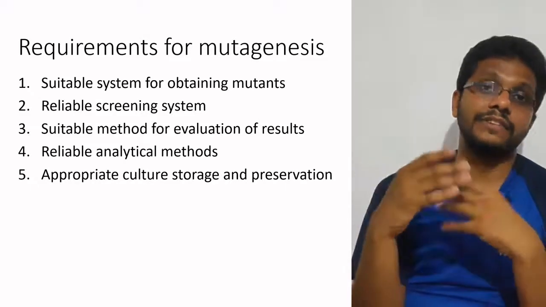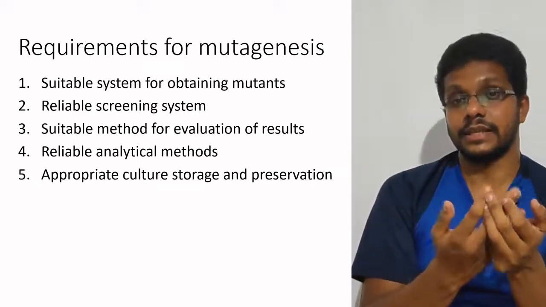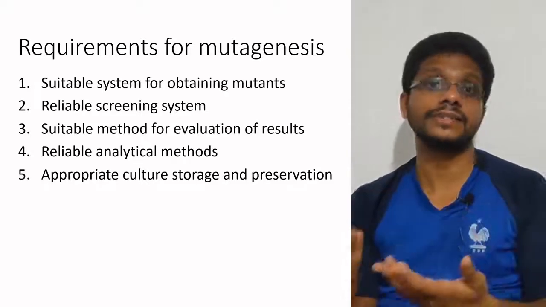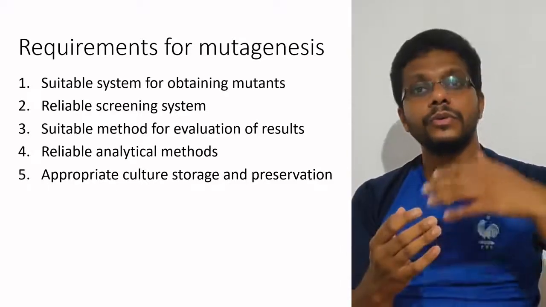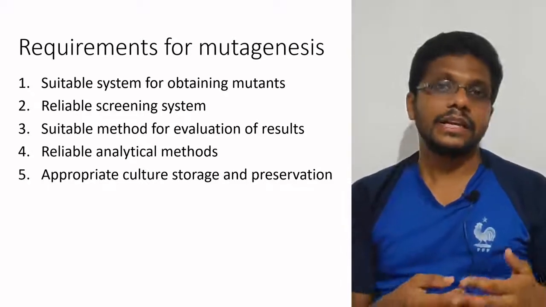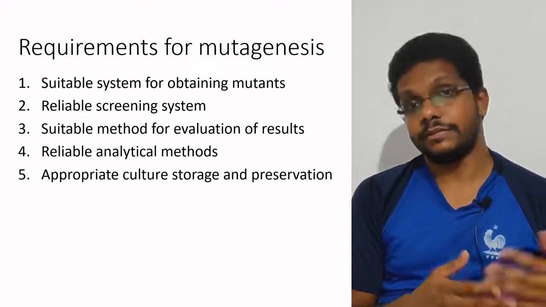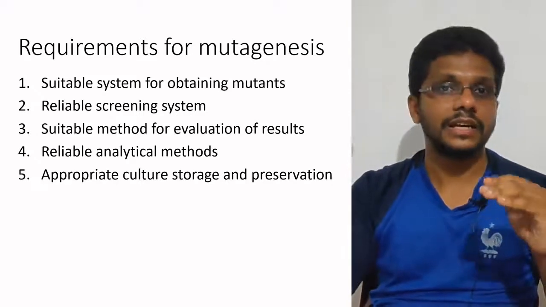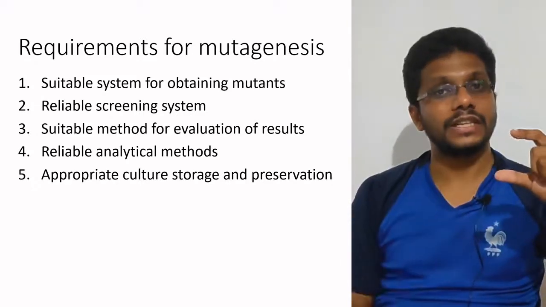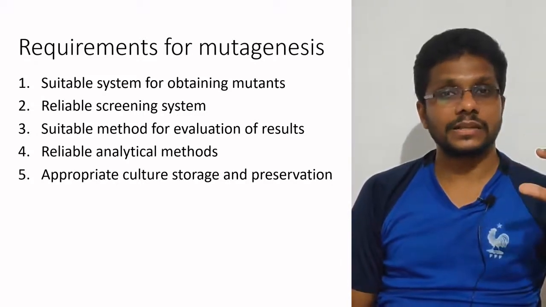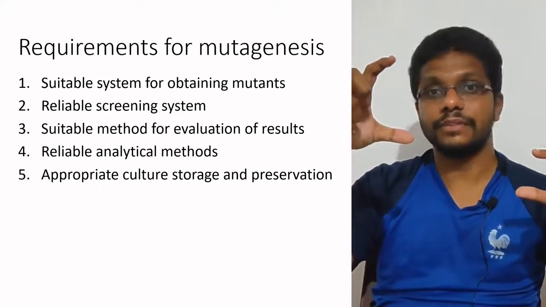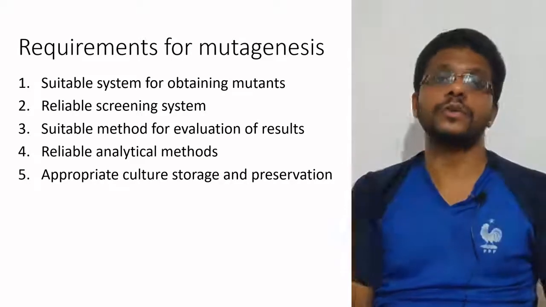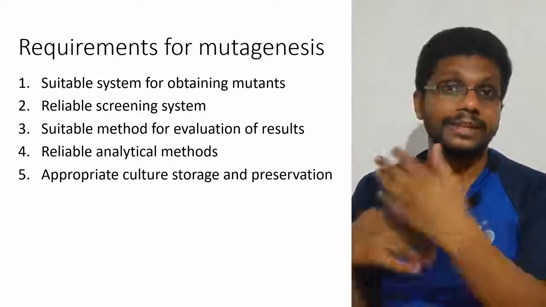Different microorganisms have different susceptibility to mutagenic agents. Maybe one organism will be mutated easily with UV light, and another organism is resistant to UV light. If you are using chemical agents in a high dose, we don't know what a high dose is for each organism, as it varies. Maybe 1 milligram of one mutagenic agent is a high dose for a microorganism, while for another, 10 milligram will be a high dose. So we need to fine tune the amount of these mutagens required and the best combinations.